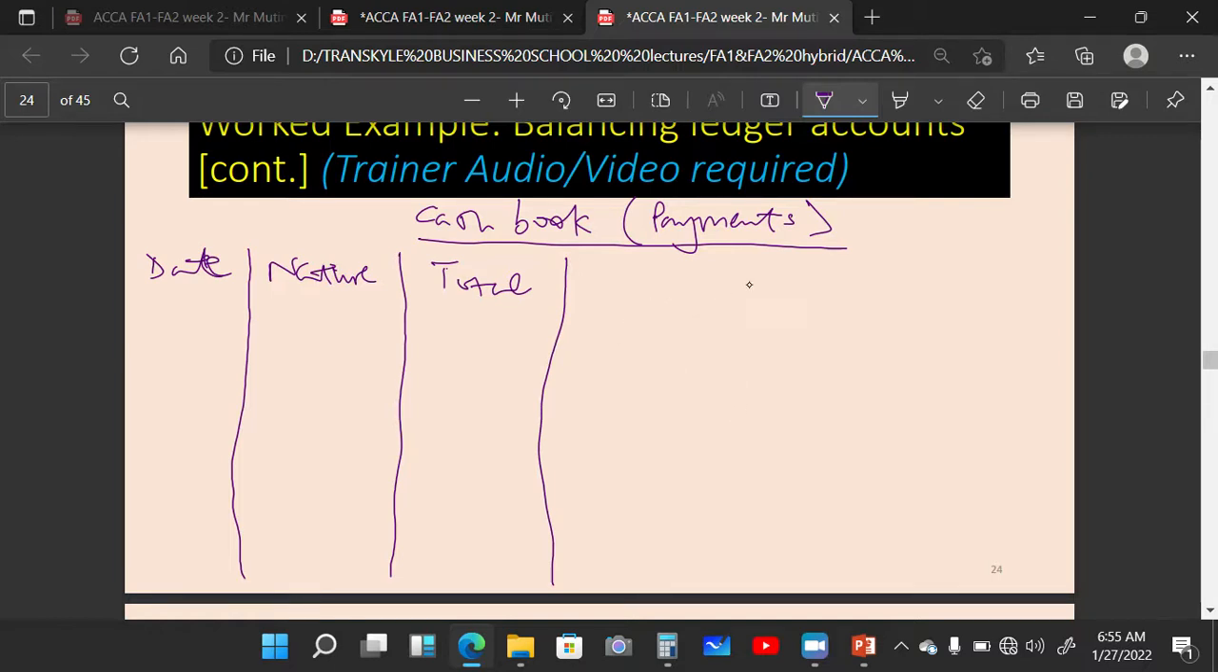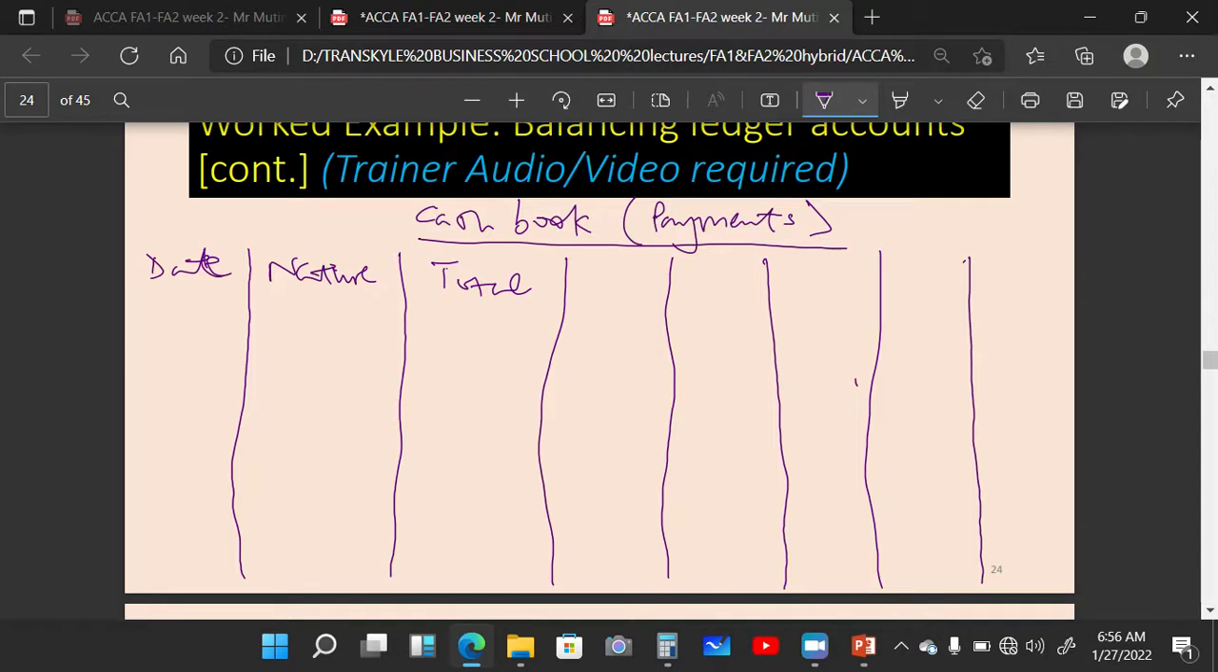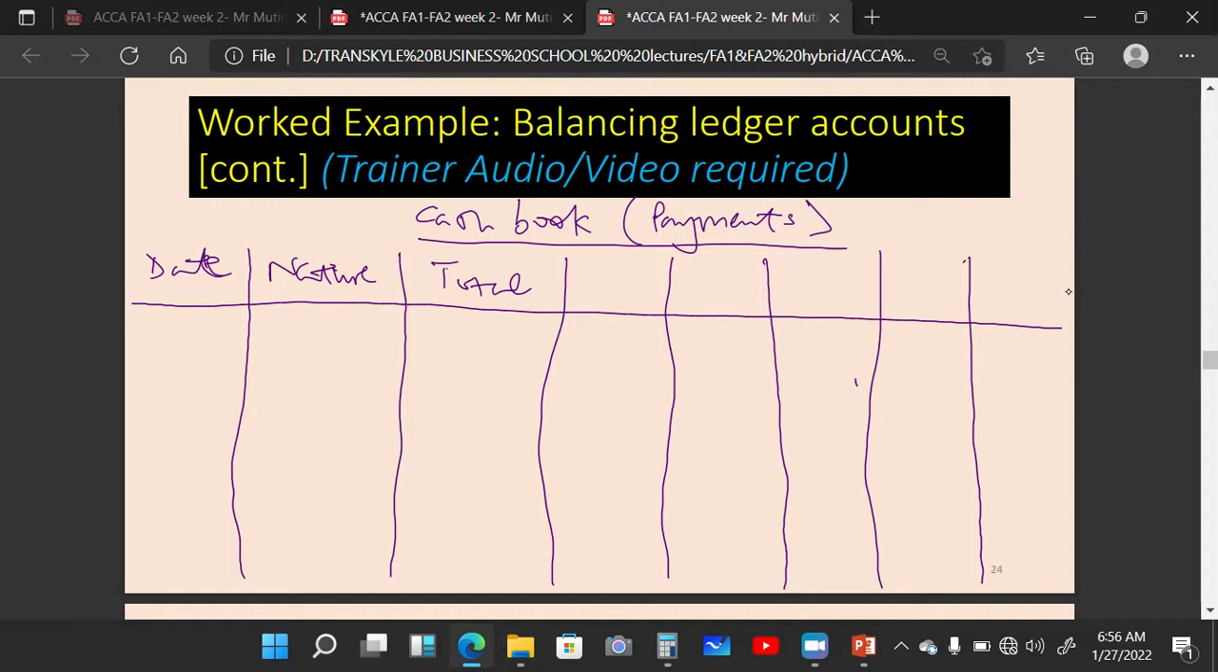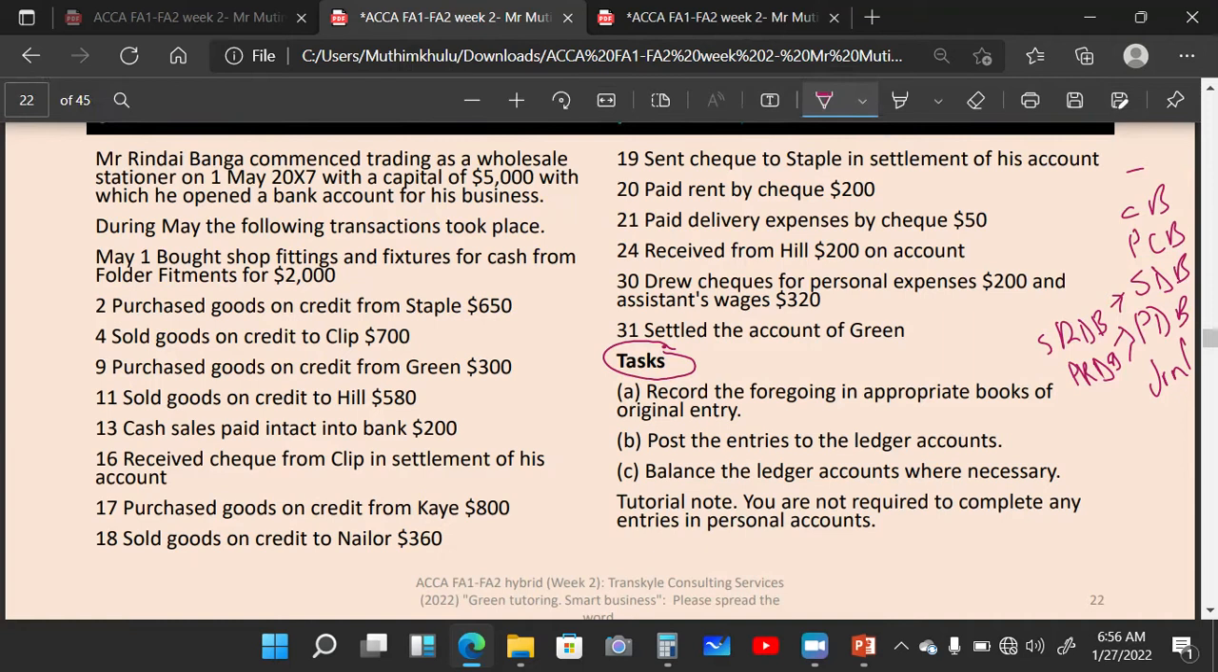We have columns, we'll name them as we read. As we read the question, we'll know what is needed. Okay, this is the information. So let us go back to the question. On the first day of May, we bought shop fittings and fixtures for cash from Folder Fitments